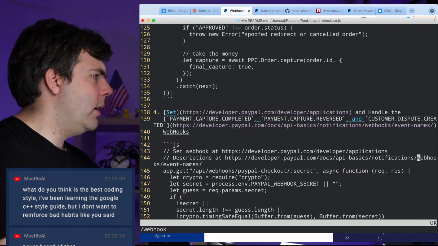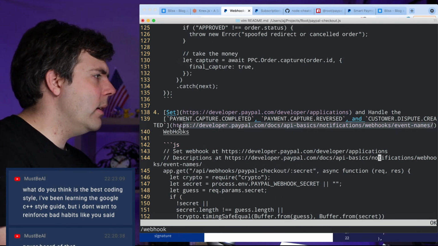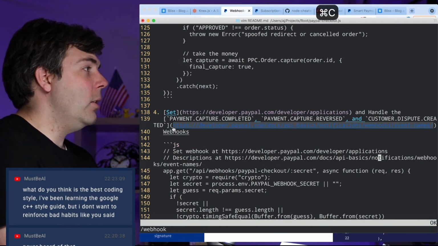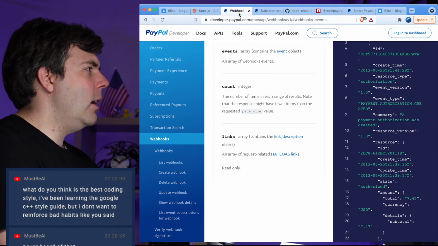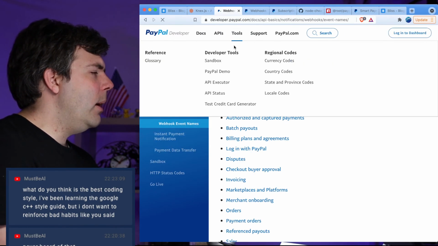Where are they enumerated? Because I did put in the documentation where the webhooks are enumerated because it's difficult to see. I still don't know how to get to it. I can get to it from a Google search. I don't know how to get to it from their API page. PayPal's API